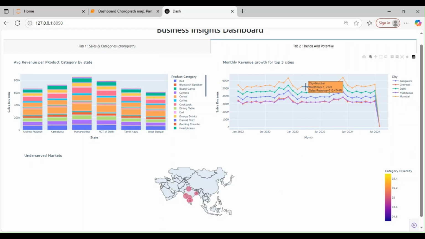Now on the top right, we see the line chart titled monthly revenue growth for top 5 cities. This plot illustrates how sales revenue has changed over time in India's top 5 cities: Bangalore, Chennai, Delhi, Hyderabad, and Mumbai. Each city has its own color coded line, and markers are used to highlight the data points month over month. These charts provide valuable time series insights, helping businesses identify seasonal trends, sudden spikes or dips, and overall